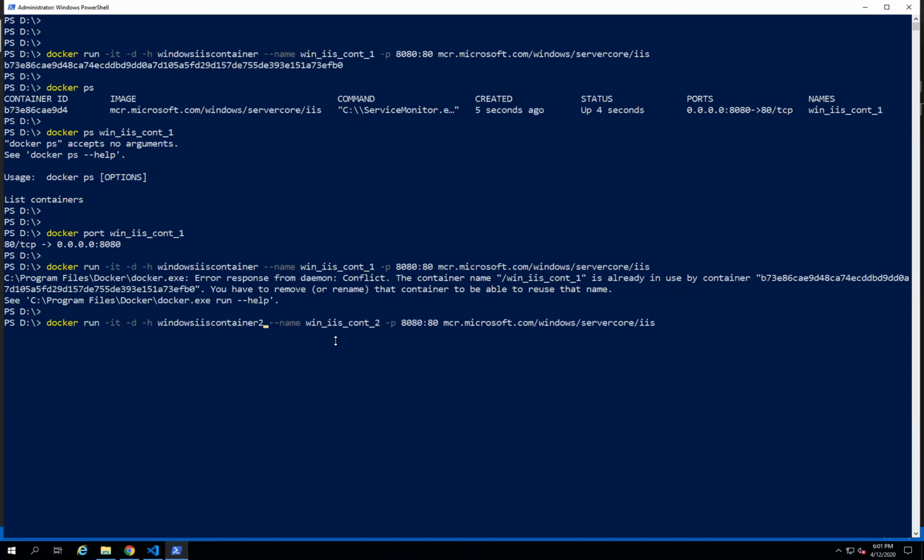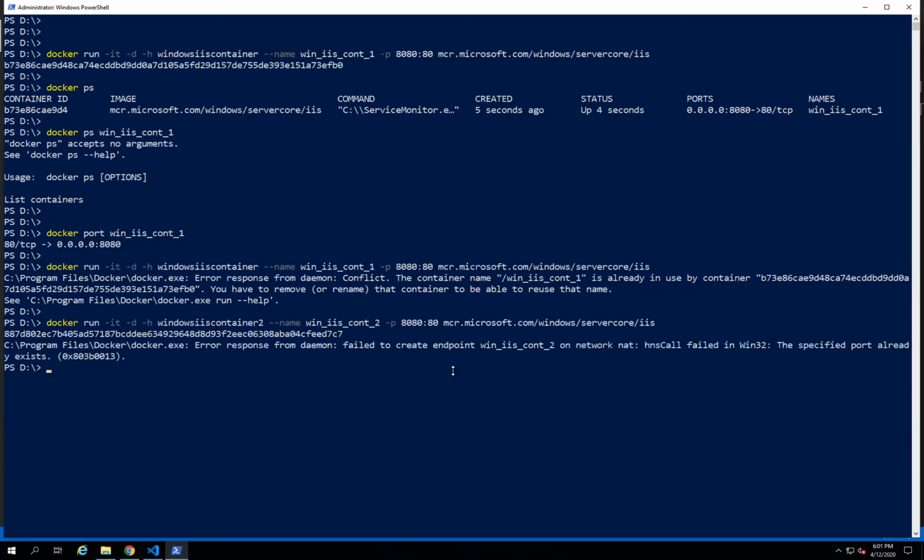Even if I change the name of the container, it's not going to execute because port 8080 is already being used by the other container. The specified port already exists, so it cannot map two containers' ports to the same port of your host operating system because it will give you conflicts.